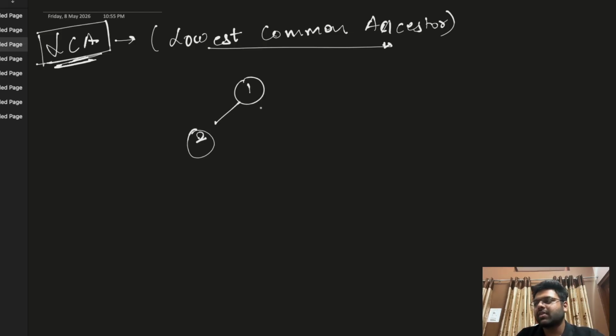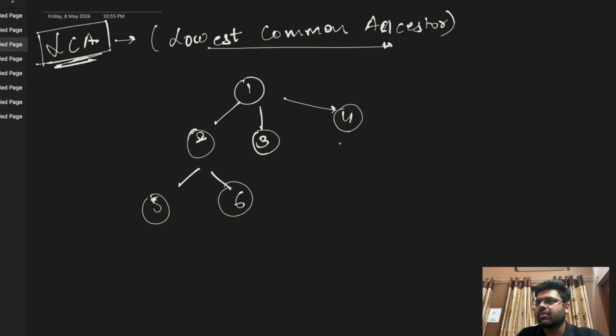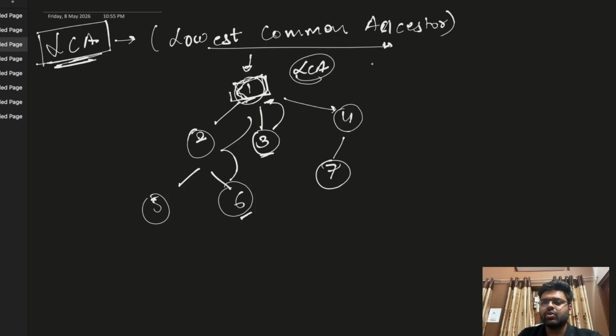So let's suppose we are having a tree. Let's suppose 2 is having 5 and 6 and 4 is having 7. My simple question is, if I ask you the LCA between 3 and 6, it would be 1. So you would be going to the parent of this, and you would be going to the parent of this, and where both meet, you would be saying that this is my LCA. Generally we do this particular thing, and this would end up getting a big O of n complexity,